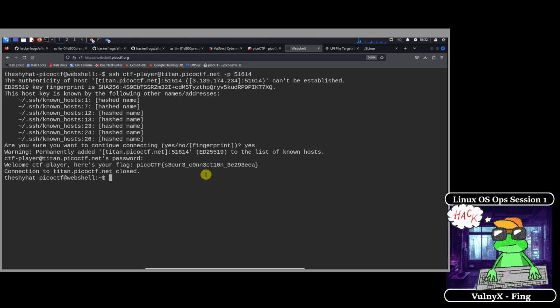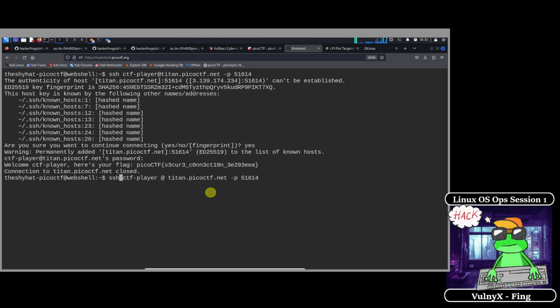Okay, so what I want you to do is hit up on your keyboard. If you do up and down on the keyboard, it's going to scroll through the different commands that you've previously used in the Linux terminal. What I want you to do is check whether or not there's an @ symbol here. An important thing about using SSH is that we have to provide a username and a server name.